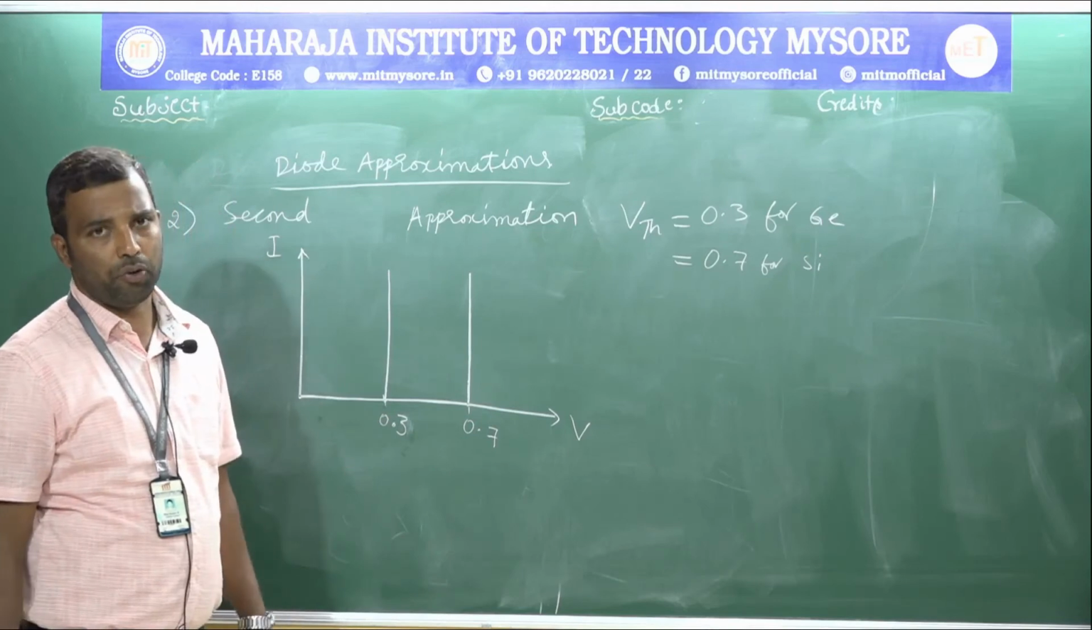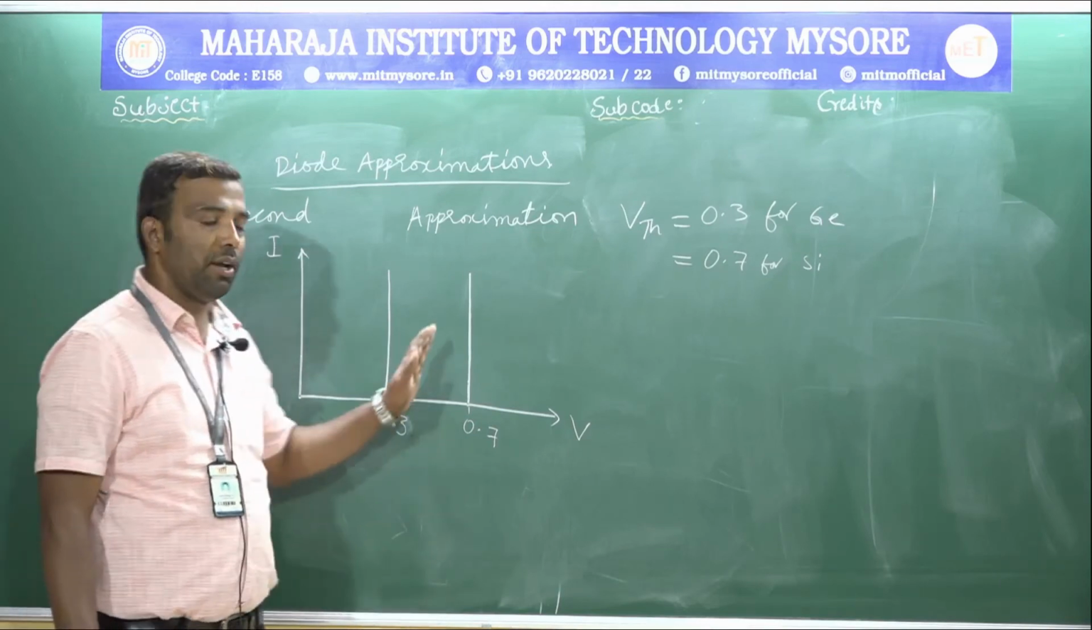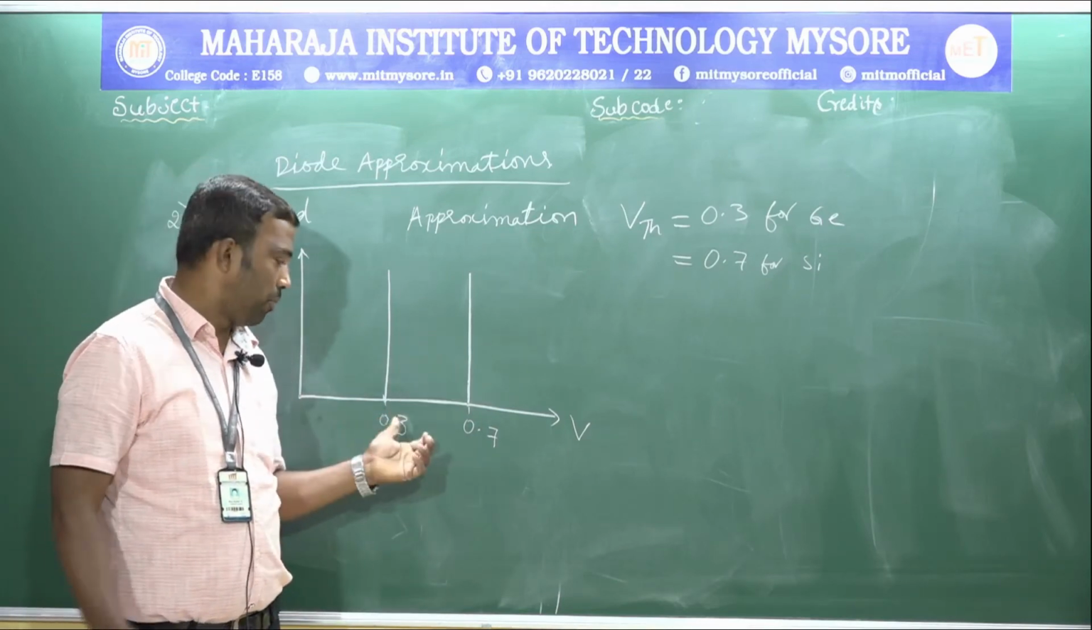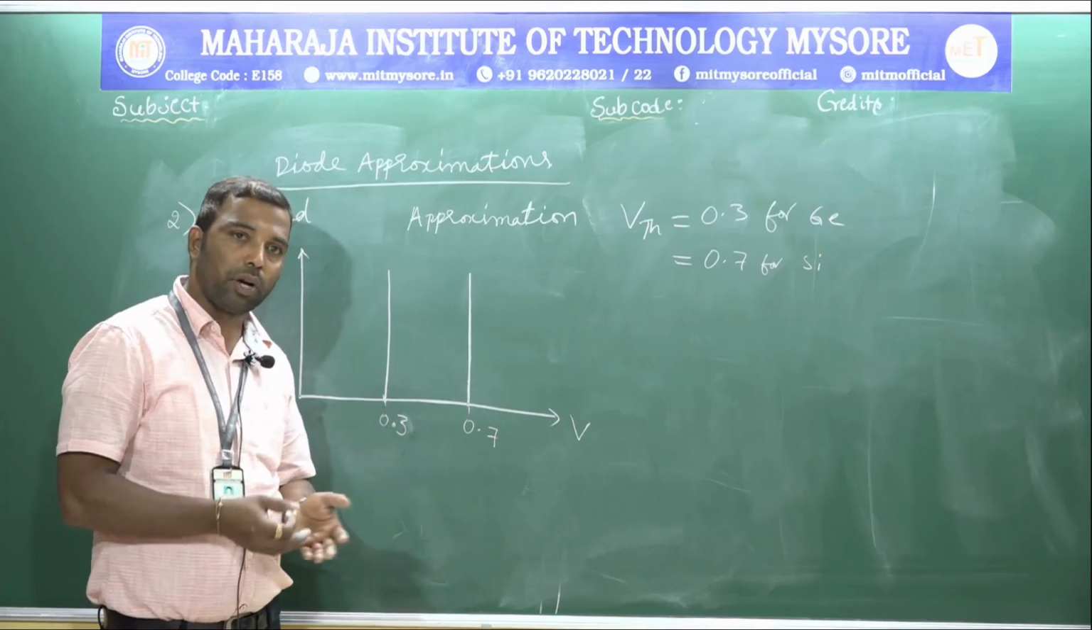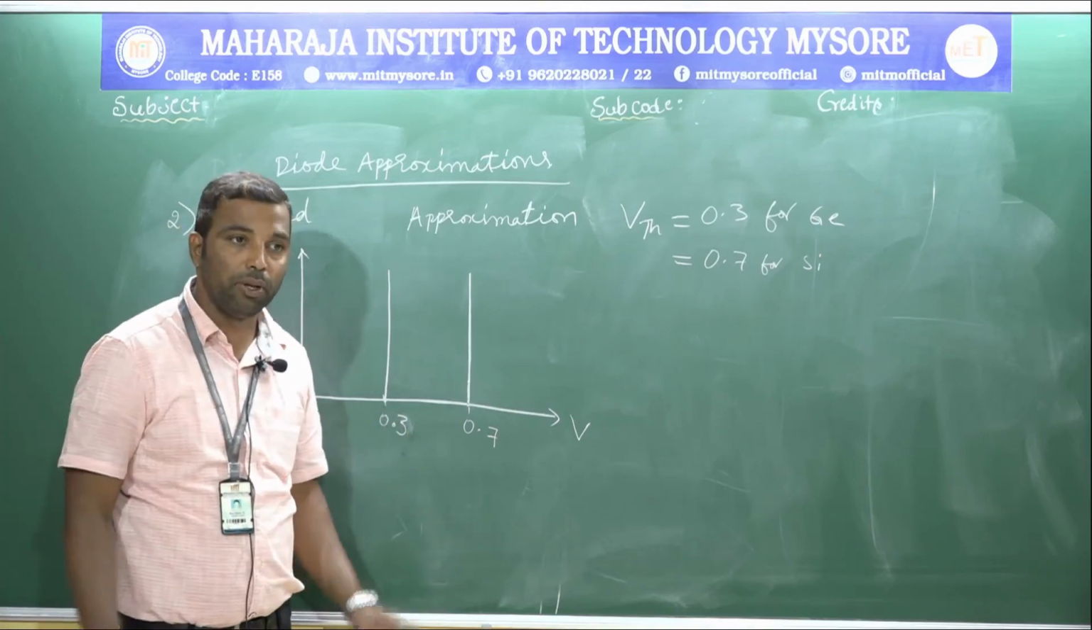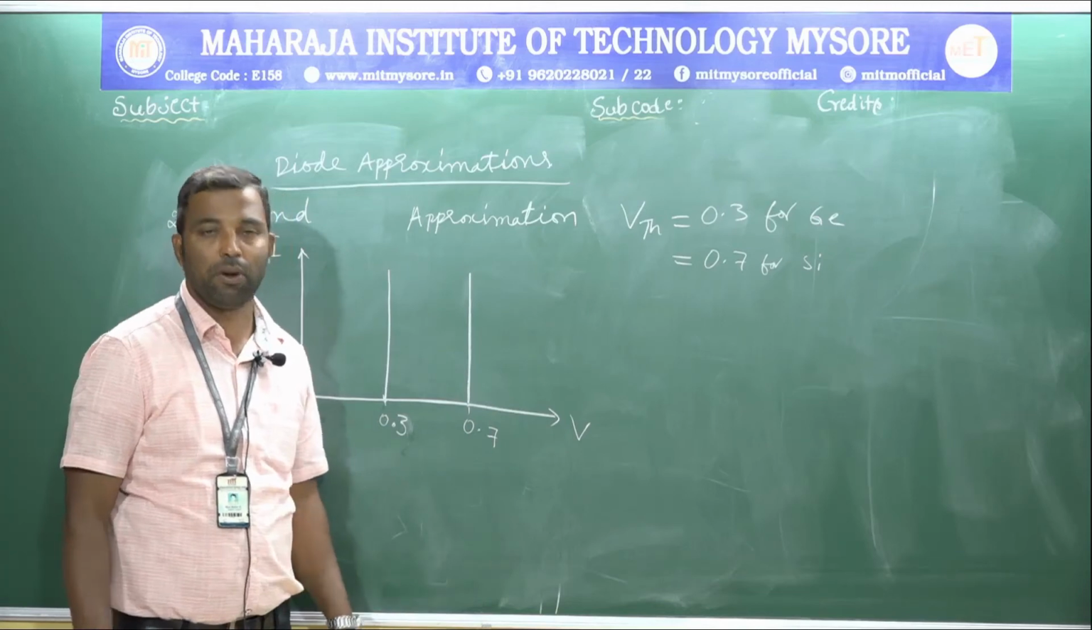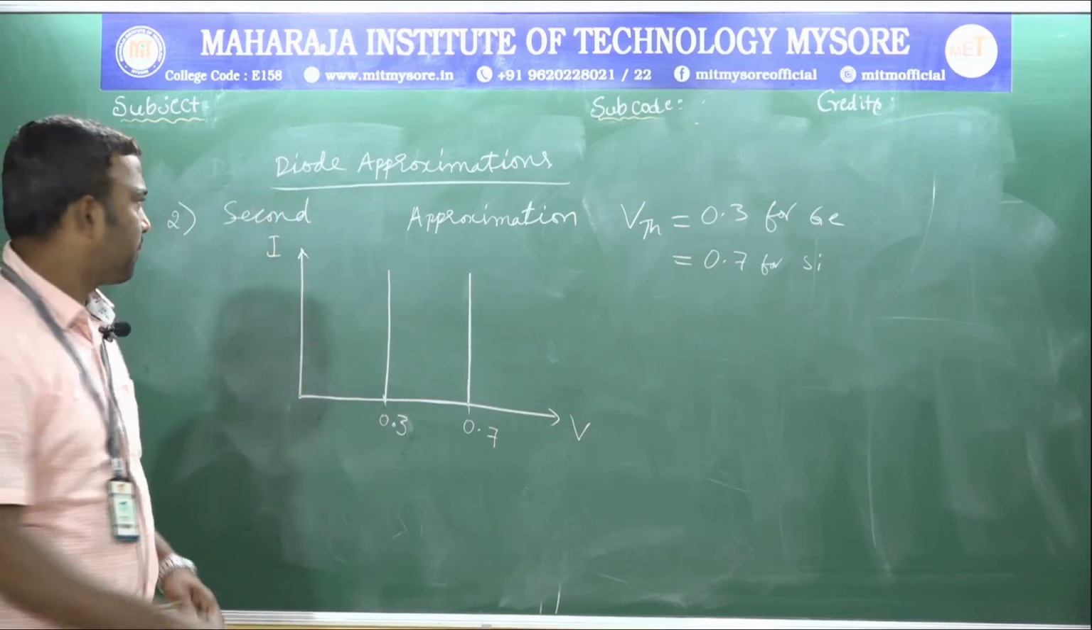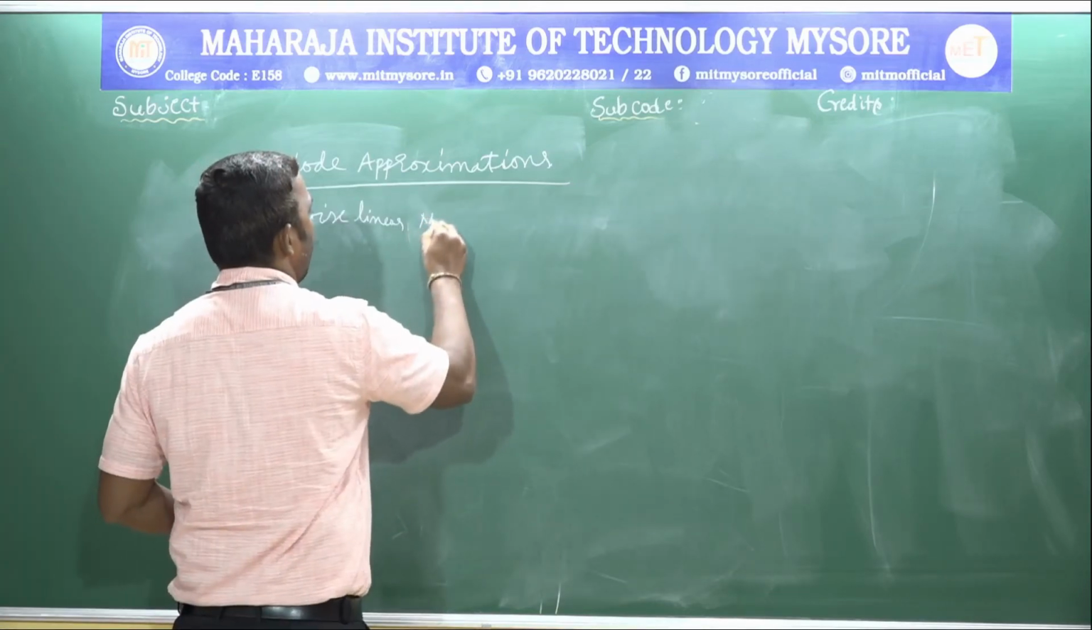This is the second approximation, but it is also not practical. When you apply 0.3 or 0.7, the current won't be a maximum value, and it will damage the circuits. Okay. The third one is the piecewise linear model